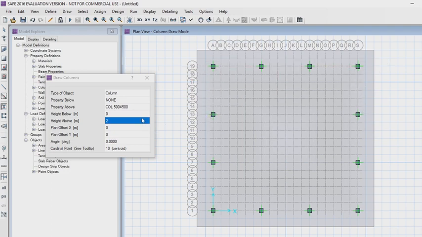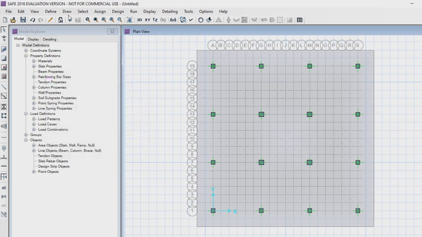Now change the property above to column 600 by 600 and draw the columns. Click on escape key on keyboard.